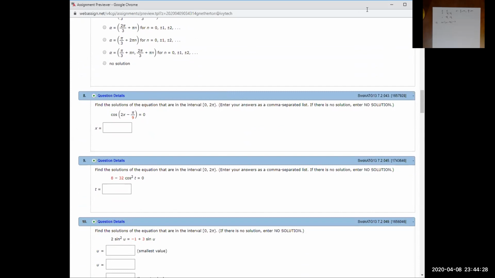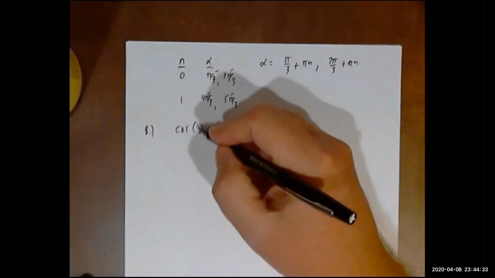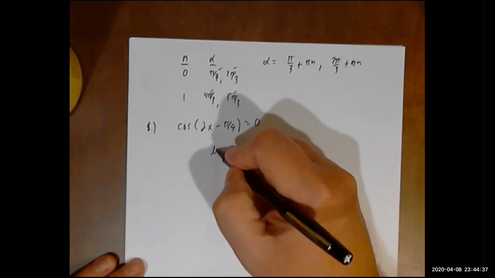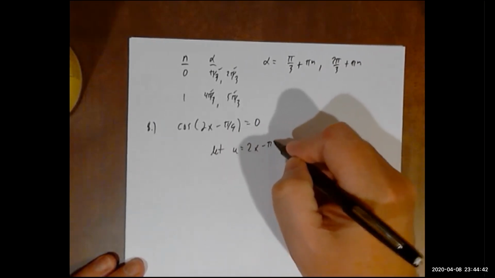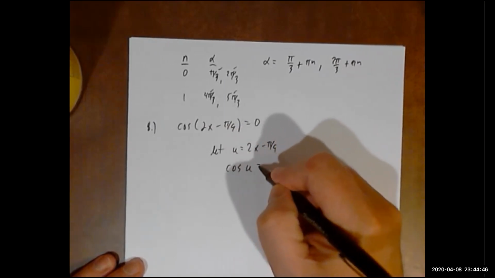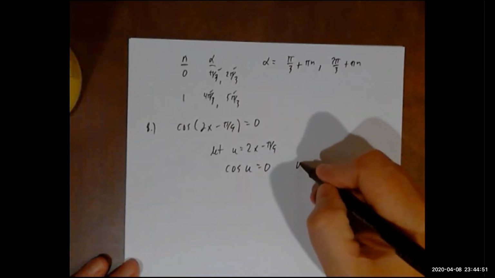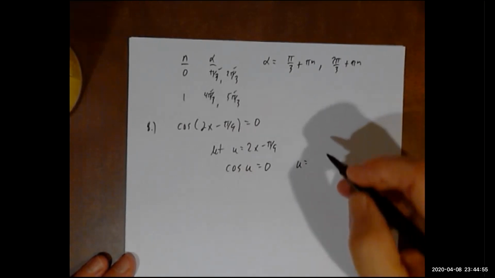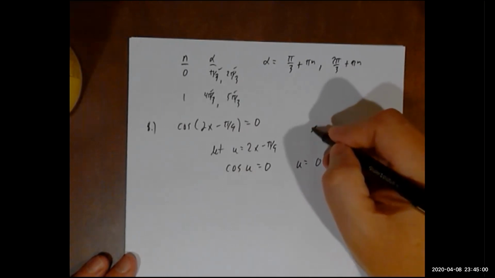All right, let's see if we can solve this. Once again, I've got the trig function by itself, and I got some messy stuff inside. So when we have this, we always do our u-substitution. So the equation now becomes cosine of u equals 0. This is pretty easy to solve. As a matter of fact, there's only one angle where the cosine is 0, and that's 0. Now you could think it's 2 pi, but the problem here is